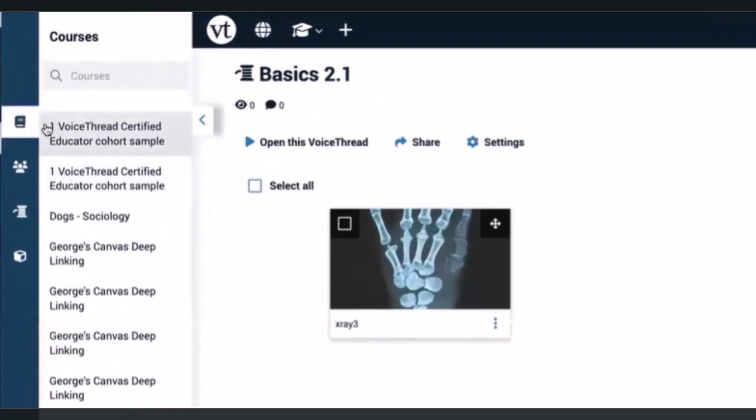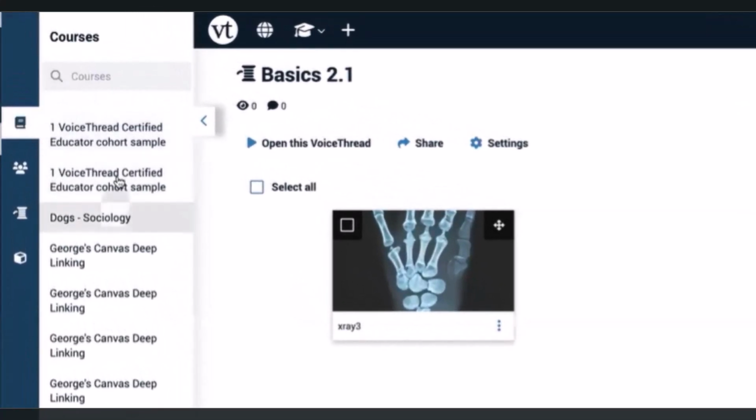All right, now the first tab that opens is your courses. These are basically the same things as groups, but these are automatically created whenever you add a VoiceThread link in your learning management system. So if you have VoiceThread integrated into your institution's Blackboard, as soon as you create a VoiceThread link through that integration, you will see a course group show up in your courses panel.